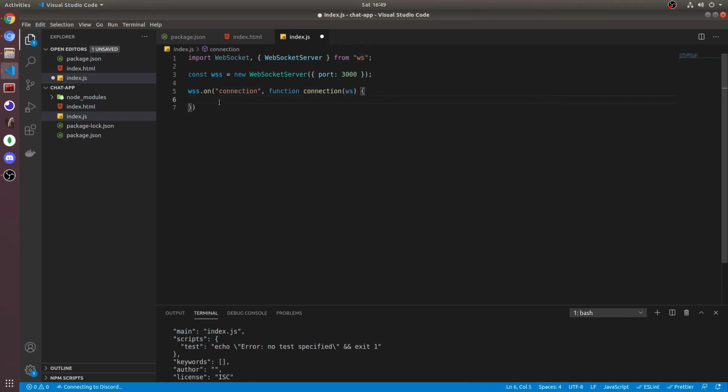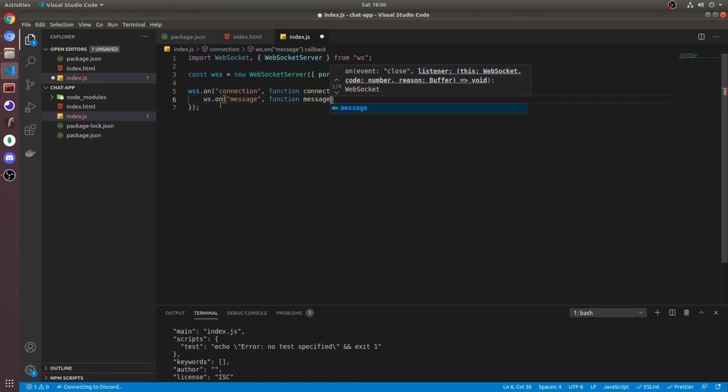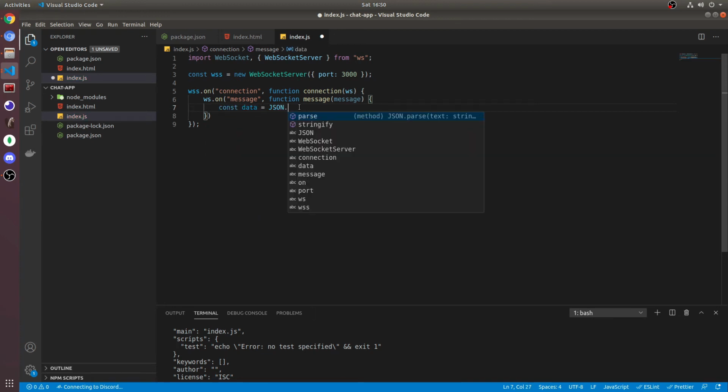And then we can listen on that WebSocket connection for a message event. So ws.on message. And again, we can do another function for that, and we'll just call it message. And then that has a parameter of message. So when somebody sends a message, it will call this function with the message, and then we can do something with it. And in our case, what we're going to do is const data equals JSON.parse